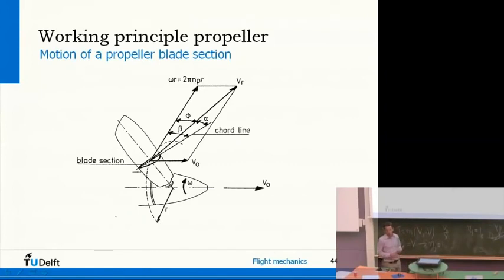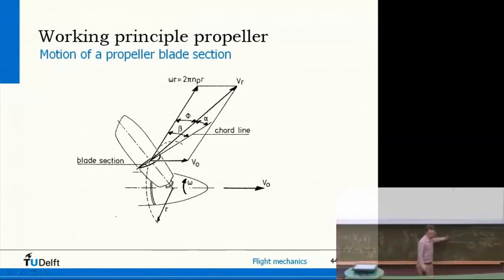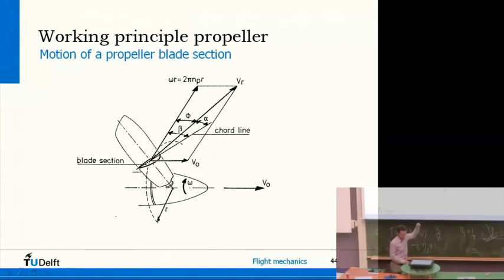The question is, does this blade have to have different geometry at the outside or the inside? It does, because you can see that this omega r, omega is how fast the propeller is rotating and r is the radius, then the angle of attack depends on the radius. So if you're at the tip of the blade, you have a different r, so a different angle of attack. So you see the propeller blades are curved like this, in order to have the same angle of attack along the whole propeller.